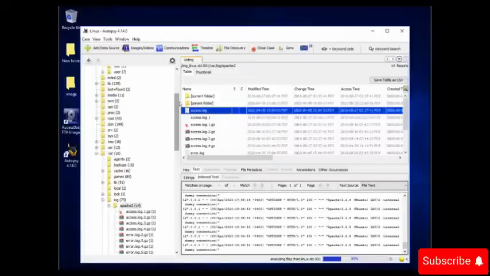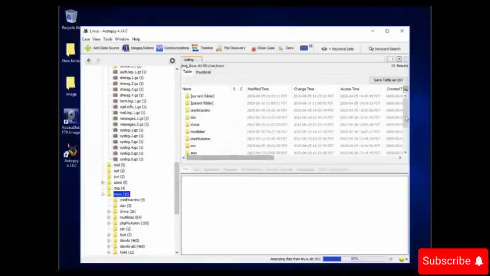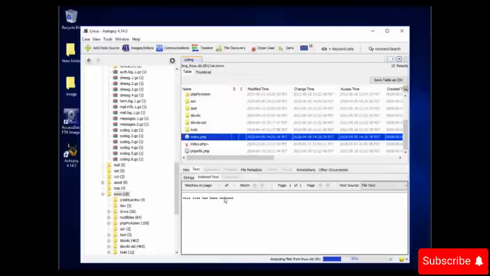Now let's move to the web root directory to see what the hacker actually did. So we have var, inside var it is www. Select the directory and read the information from index.php, this one. You can see it says this site has been defaced.